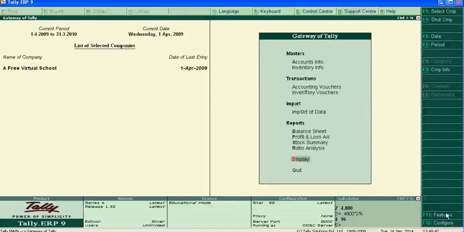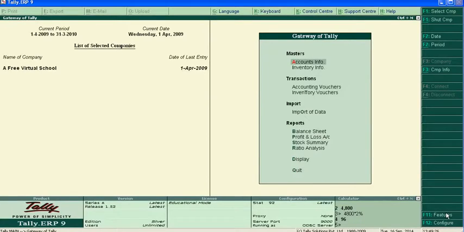Before this, I want to tell you why we are recording the service tax. Because service tax has to be paid to the government account by a service provider. So whether you are a service provider or you are the service receiver, you have to keep a proper record of service tax. So I am just showing it to you.